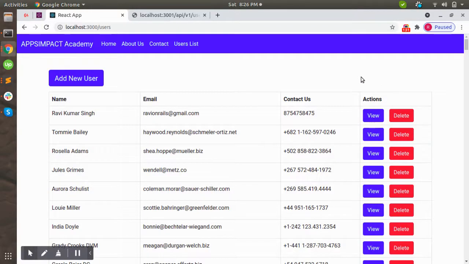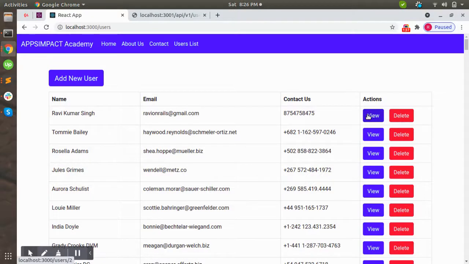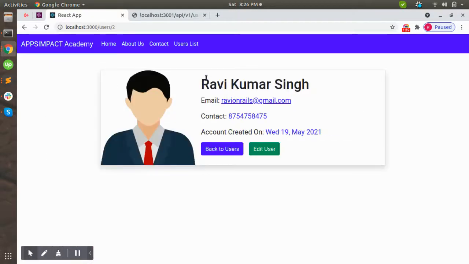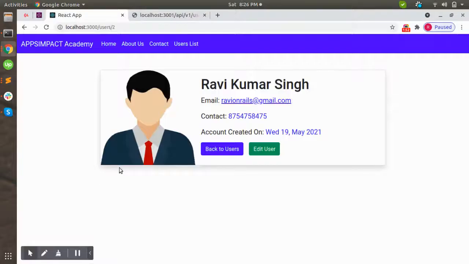Now let's make some space here to understand. I clicked on the show page of the user in the React application, and you can see that the request is coming to API v1 users 2 and is served by the users controller show action with params ID 2. So this is the show page of my React application.